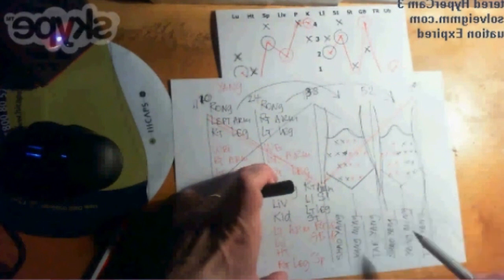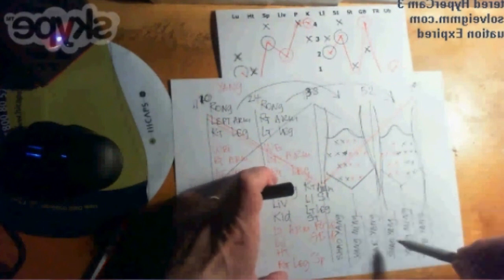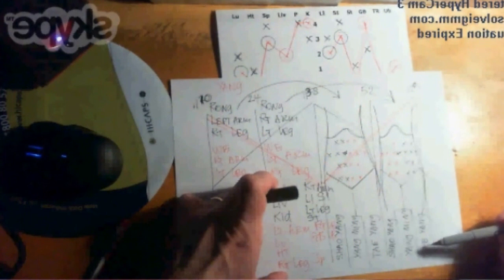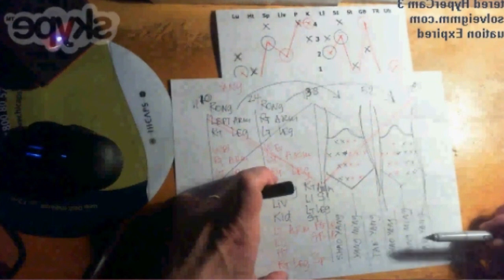So again we will be using like an antenna, first Shao Yang on the right arm and the left leg, and the Wei we will use the opposite, left arm and the right leg, scraping, and after that we will use the Yang Ming on the left leg and the right arm, puncturing,